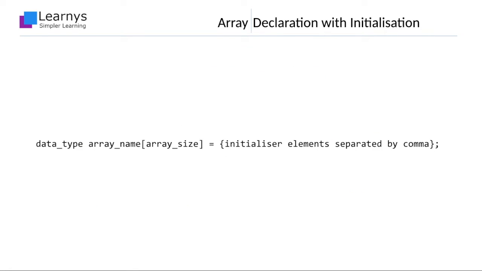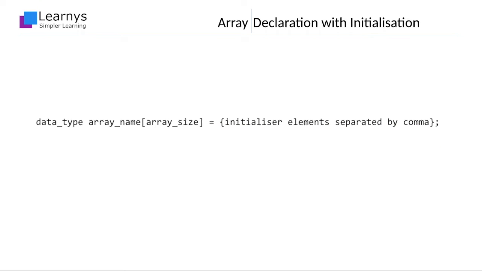Like variables, arrays can also be initialized while being declared. And like variables, initializing an array while declaring it amounts to defining it irrespective of scope, which means that the compiler will allocate memory for the array. This is the general syntax of initializing an array while declaring it. On the left hand side of the assignment operator, array name and array size are declared. We have already seen and discussed these three entities. On the right hand side, the list of initializer elements enclosed within a pair of curly brackets is given.